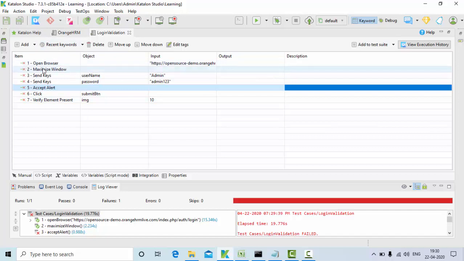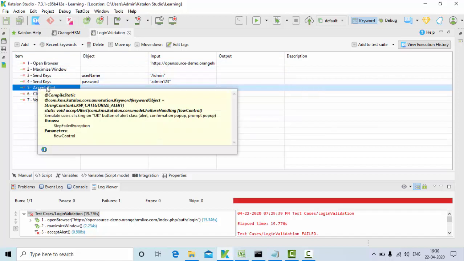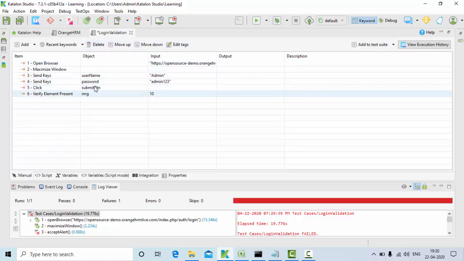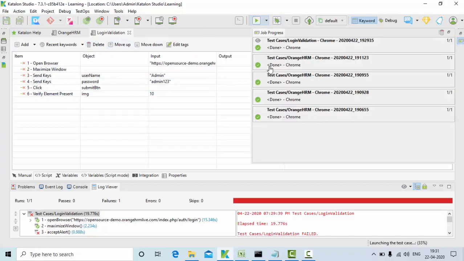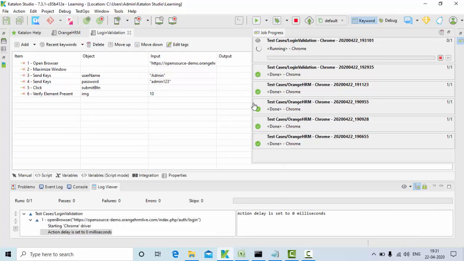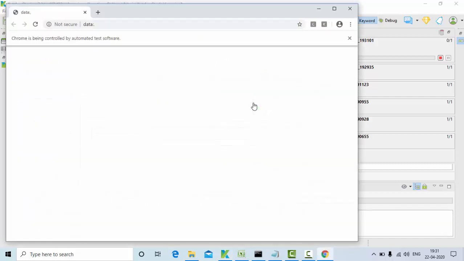Now opening the browser, maximizing, sending user ID, sending password. Where is this alert coming from? Now click on the submit and verify the element exists. Okay, now simply run this. Now you can see it started executing.